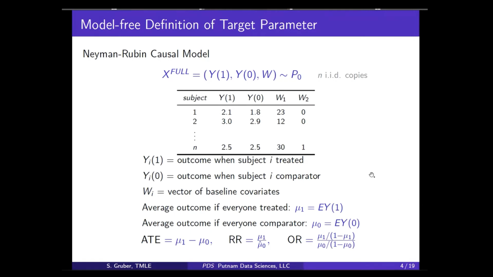So you can see why twin studies are so nice, because the W's are all the same. You are basically reconstructing this counterfactual data set where one twin is the comparator and one twin is treated. And so then you're practically reconstructing this full data. With RCTs, if you randomize, you're likely to get people who are identical on at least some of the predictors of the outcome, and you could line them up and you get back to this full data.